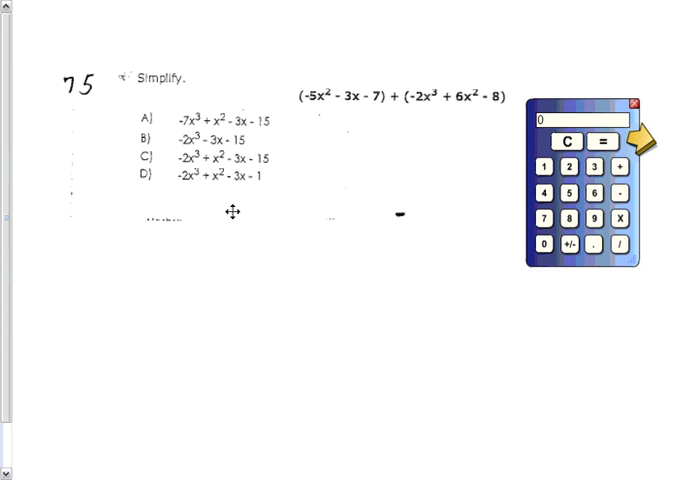Okay, question 75 is we are just simplifying a polynomial here, and we want to talk about a couple of different aspects of this question and how we might see different questions. Now this one is pretty straightforward because if you'll notice right in the center, we have a parentheses on this side and an expression, and then we're adding another expression over here on the other side. And so since we're adding,